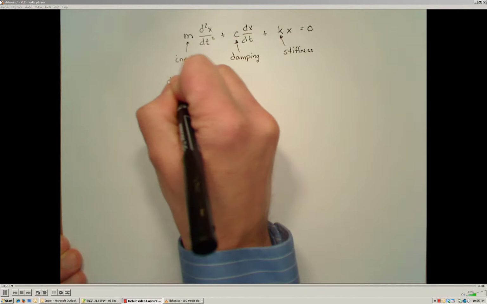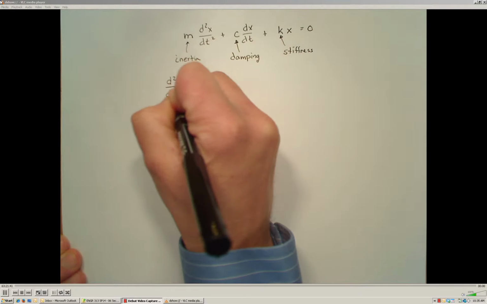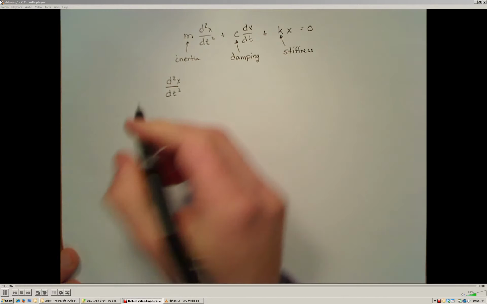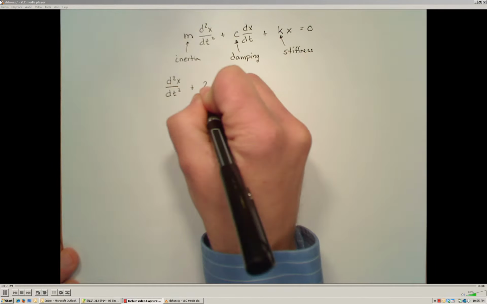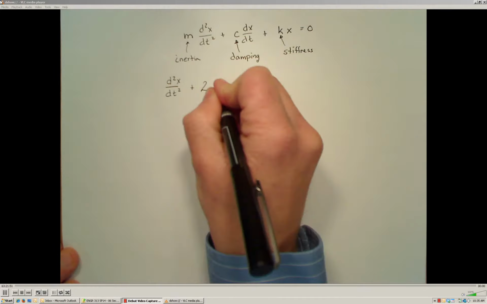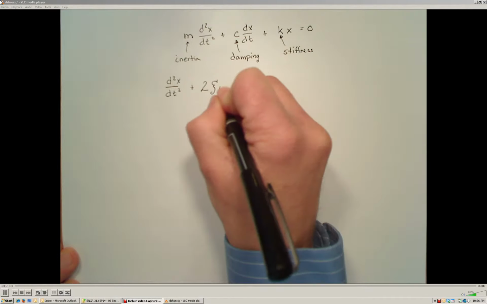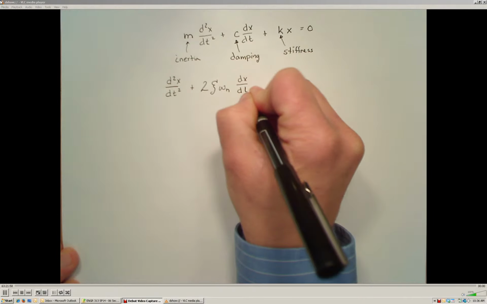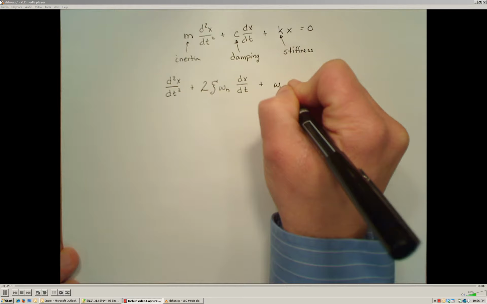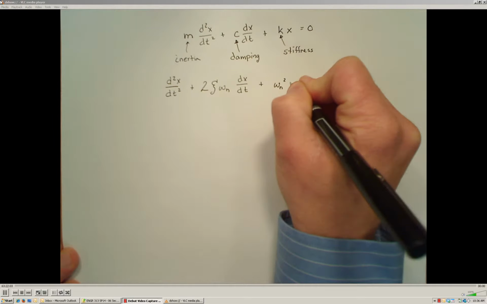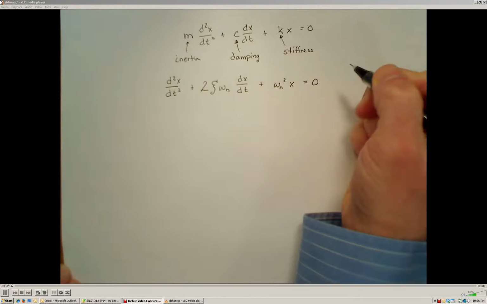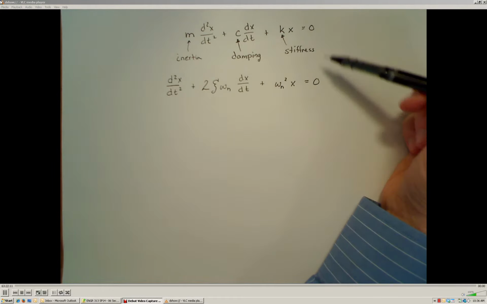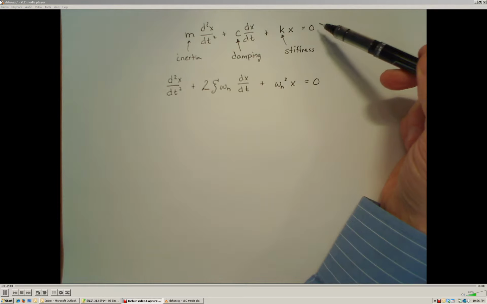It's d squared dt squared, so the second-order derivative of the variable that we're interested in, plus, now we're going to introduce some new variables, 2 times zeta times omega n times the first-order derivative plus omega sub n squared times the zeroth order derivative. So this is yet another homogeneous second-order differential equation, and it's related back to this second-order model right here,